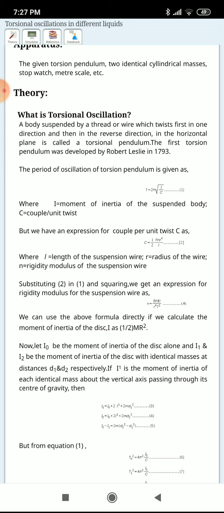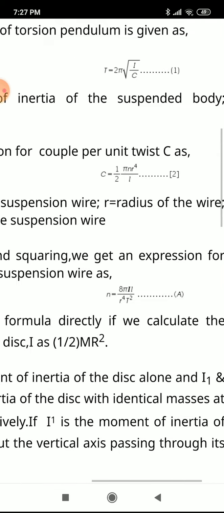Now if we substitute this formula for C in the time period formula, we get the rigidity modulus of the suspension wire, eta equals 8 pi L I by r to the power 4 T square, where I is the moment of inertia, L is the length of the suspension wire, r is the radius of the suspension wire, and T is the time period.